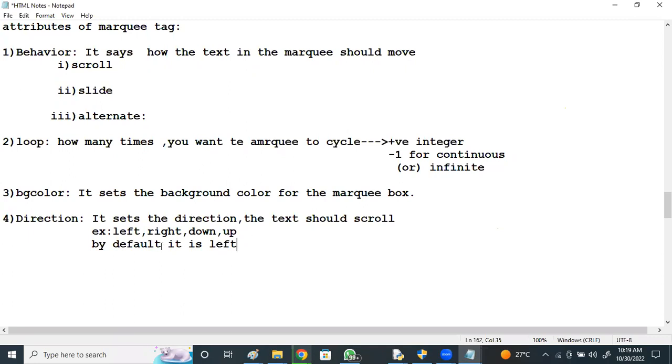Left, right, up, down, right? By default, it is left. And height also: we can specify the height of the marquee.